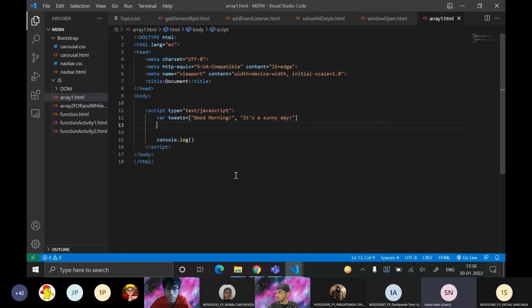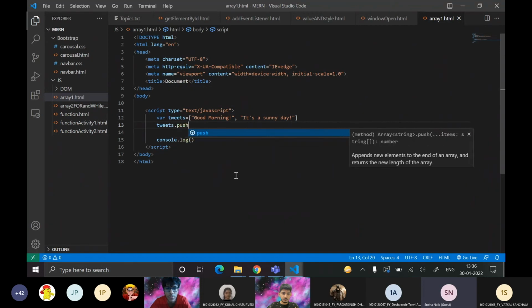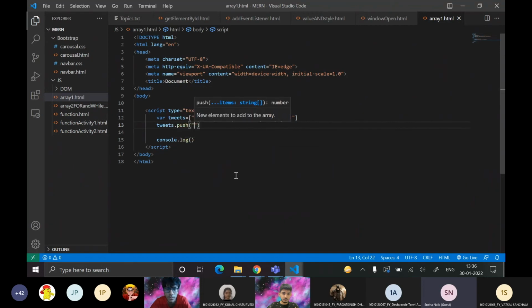And what I'm gonna do is now I want to append another tweet at the end of this. So what I'm gonna do is tweets dot push. Okay, so I'm gonna push it basically, and I'm just gonna say have a happy morning. Have a happy morning. So basically हमने